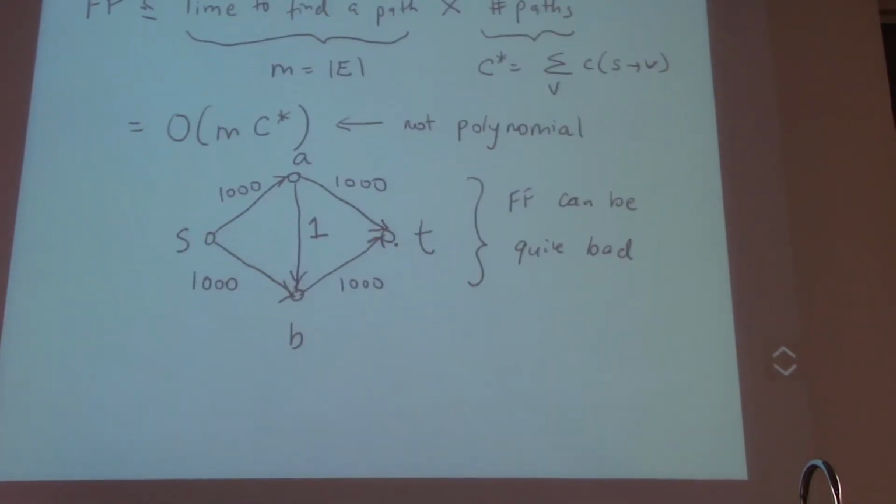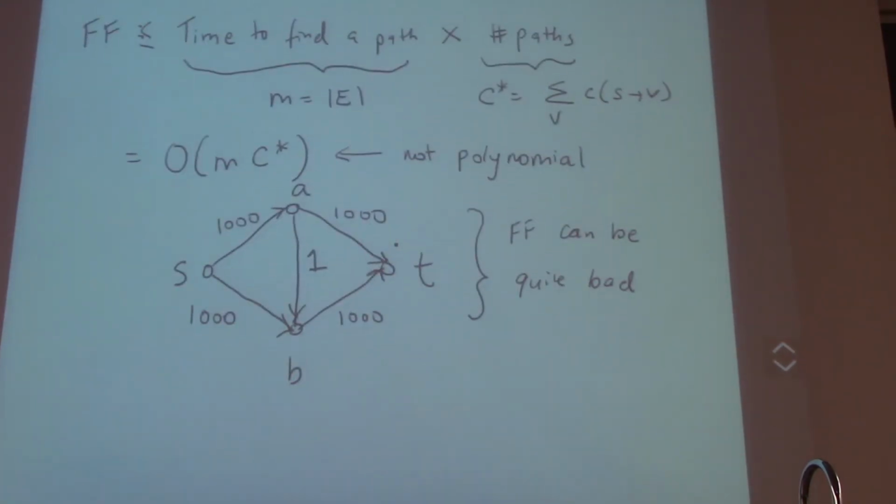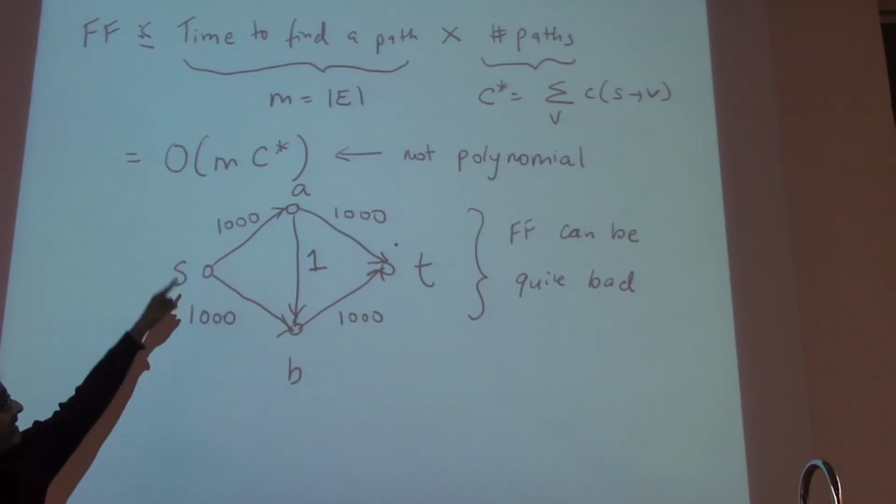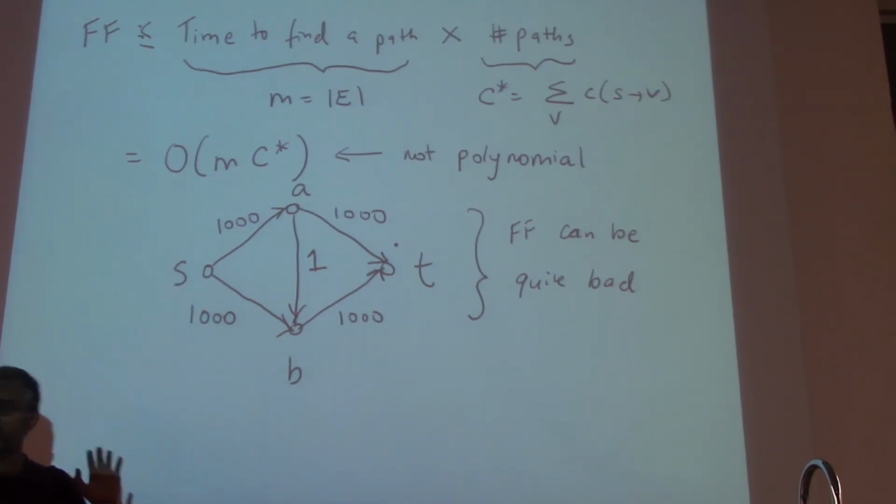Right? So in that example we had with the 2000 thing, what would happen here? It would say, okay, there are 3 paths I could take: SAT, SBT, or SABT. The first 2 have a flow potential of 1000. The third one has a flow potential of 1. I will take one of the first 2. So you take the SAT, you get 1000. And then SBT is the next one, you take 1000 and you're done.